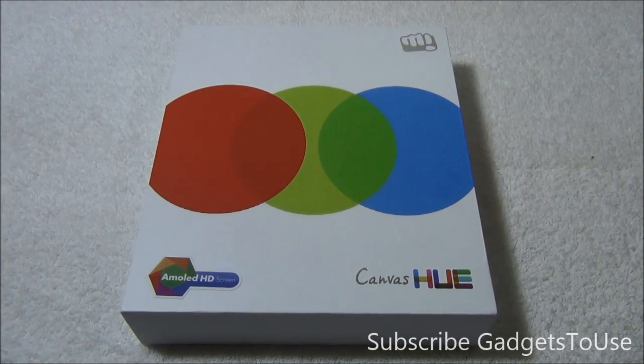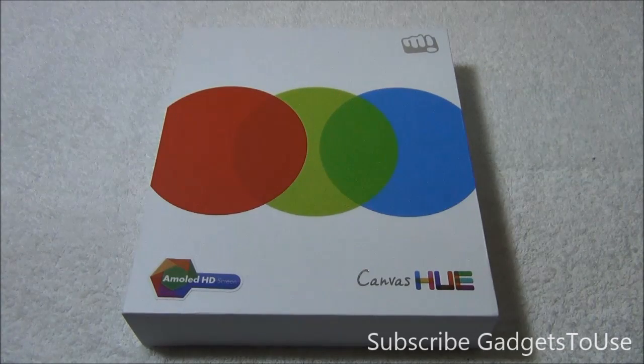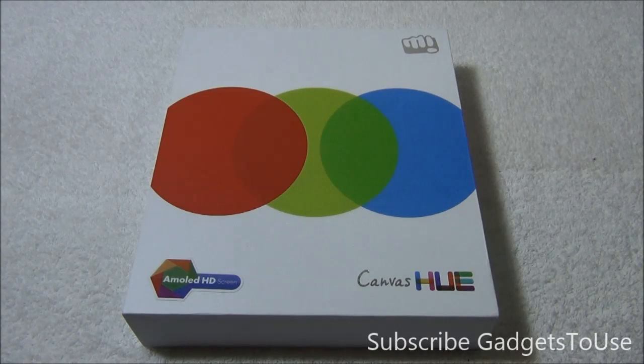Today we are going to do the quick unboxing and full review of the Micromax Canvas U, which is an affordable Android phone just like many other phones from Micromax. Again, it comes with hardware specifications which are not very new. It comes with a 1.3 GHz quad-core CPU, MediaTek 6582, but some other things about this device are kind of exciting